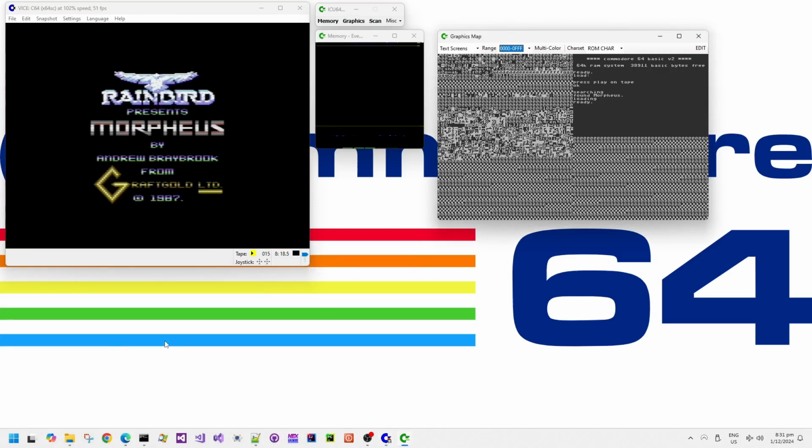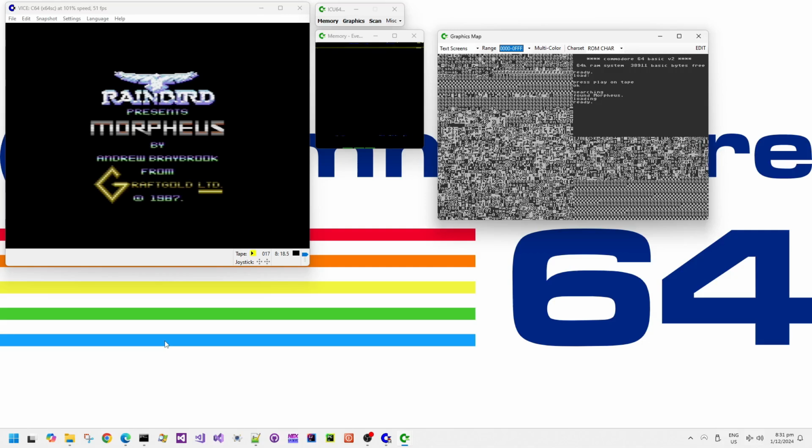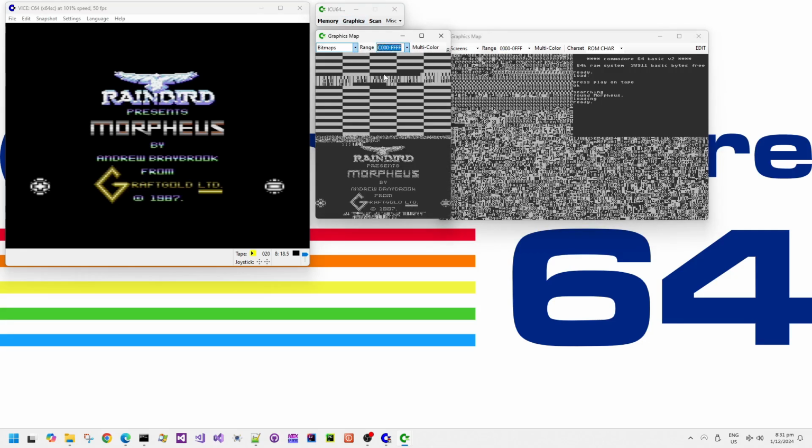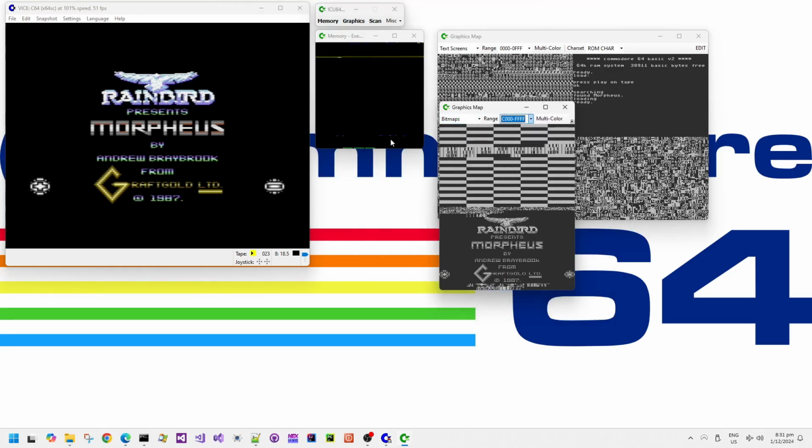And this is what it looks like when it's loading. So you can see data is loading from tape into the debug graphics map text screens there. But then we have this rather nice falling effect of a couple of sprites being used in the game. But if we have a look at the graphics map in bitmap mode, in the debug view here, we can actually see that